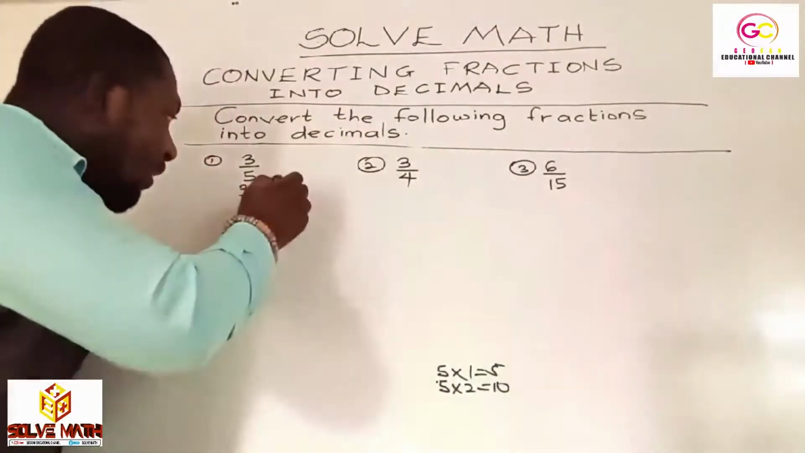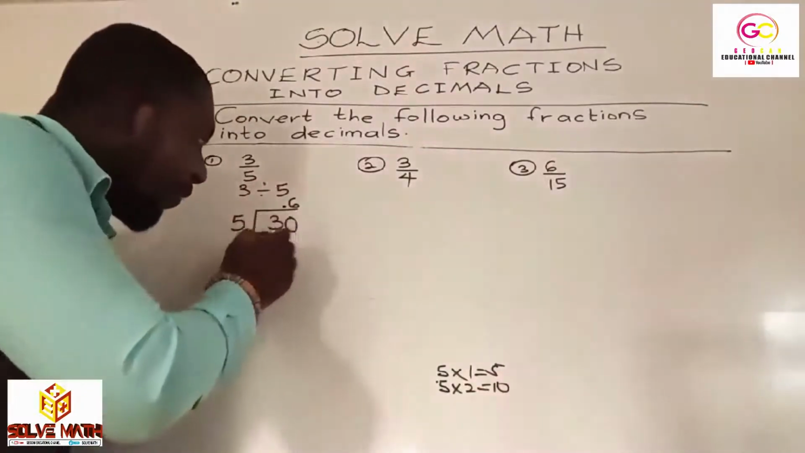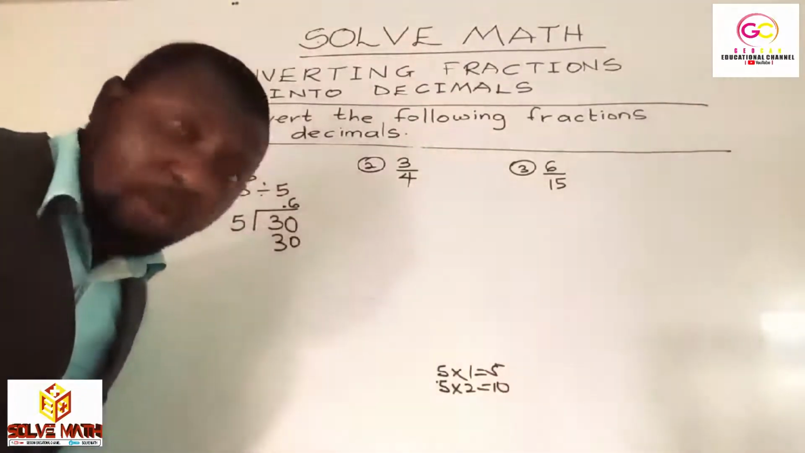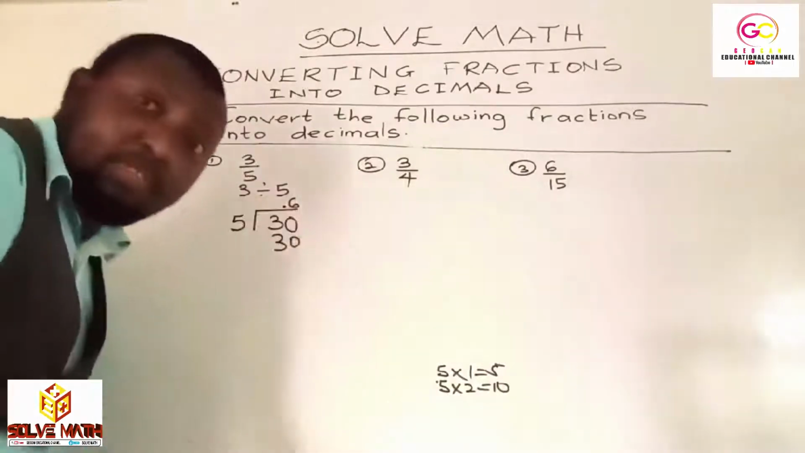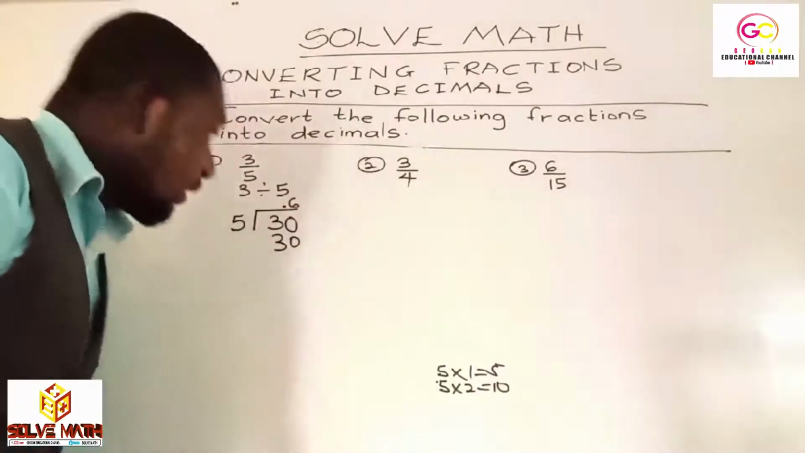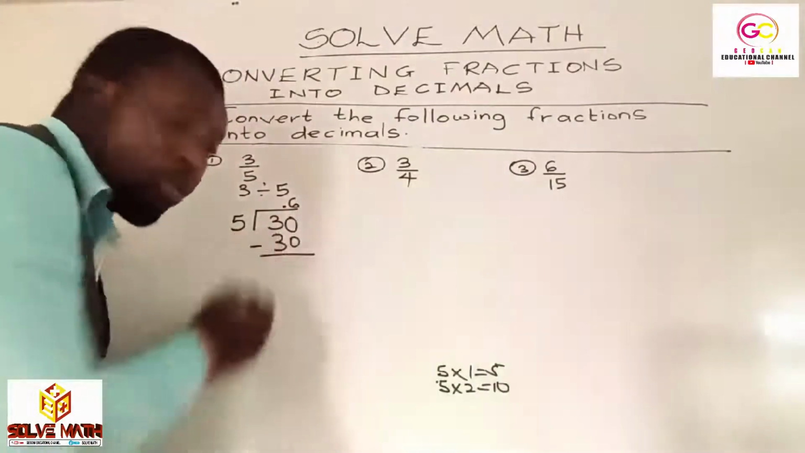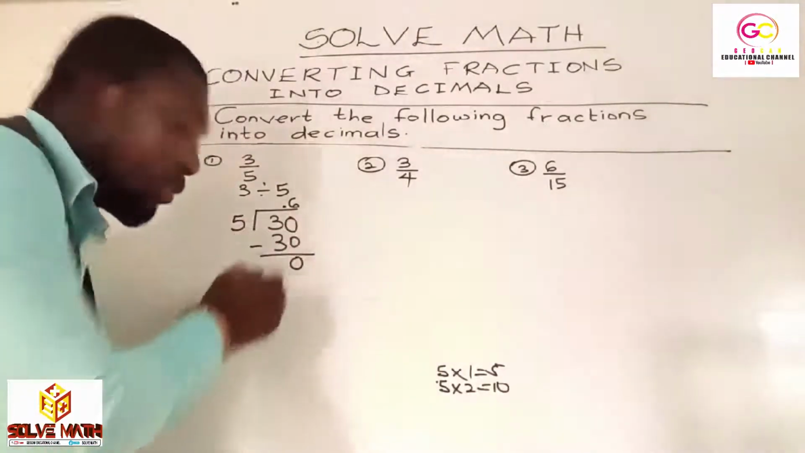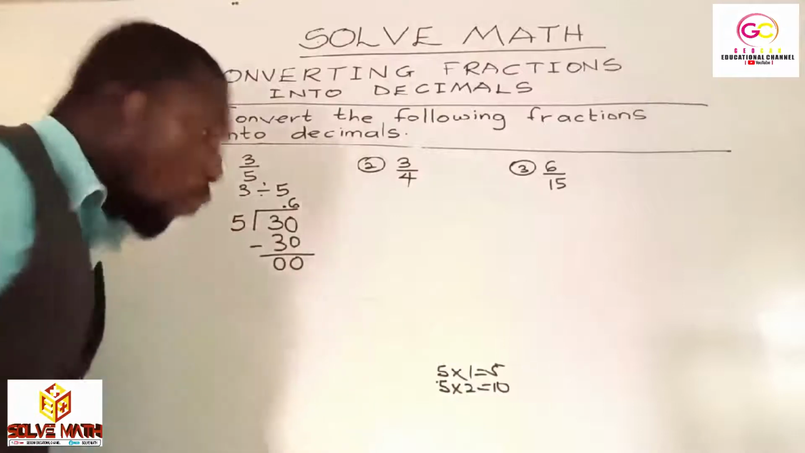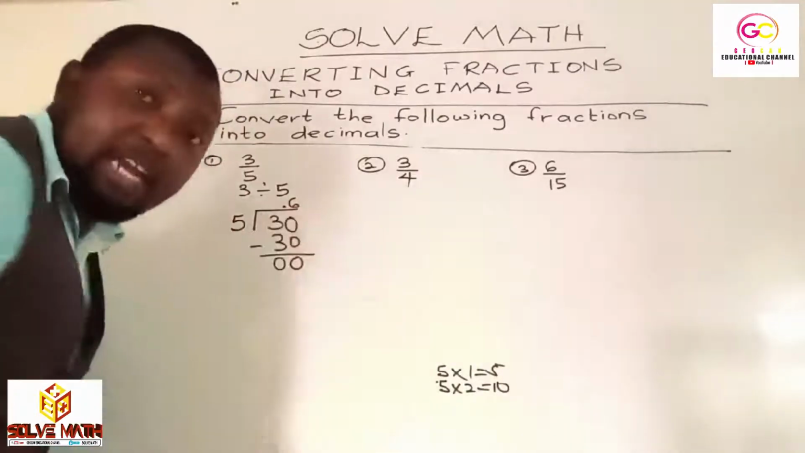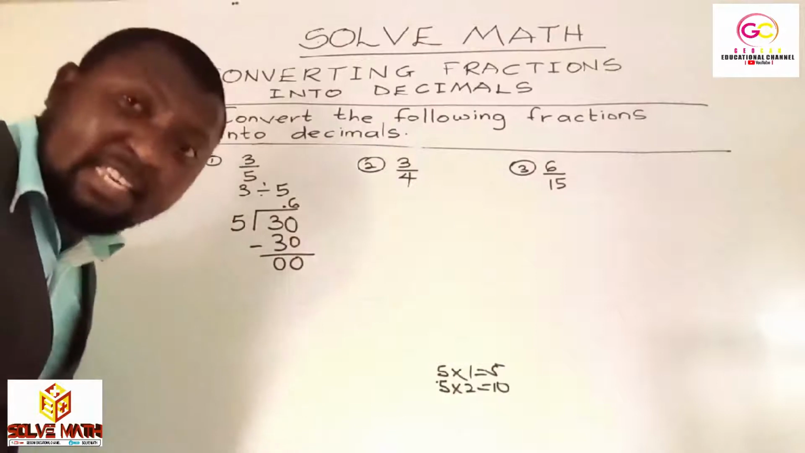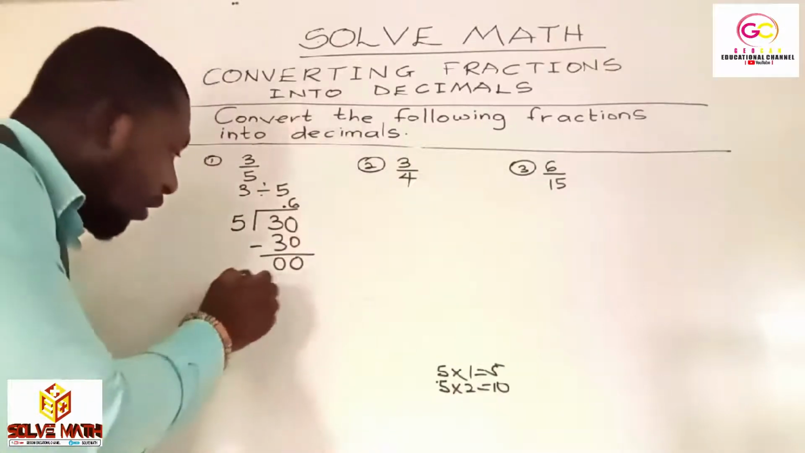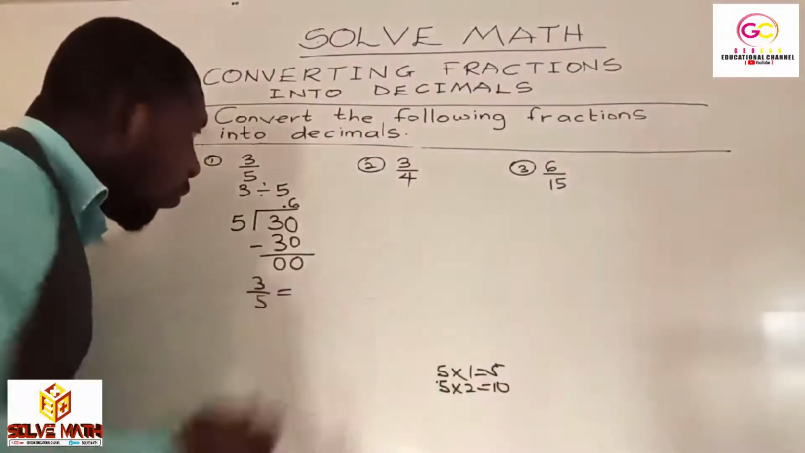So 5, 6, 30. I believe you saw where I wrote my 6 on top or in line with the 0. Meaning I'm using the 30. So 5, 6, 30. You quickly do your subtraction. 0 minus 0 is what? 0. 3 minus 3 is what? 0. Good. We are done because there are no more decades. What it means is that 3/5 is equal to